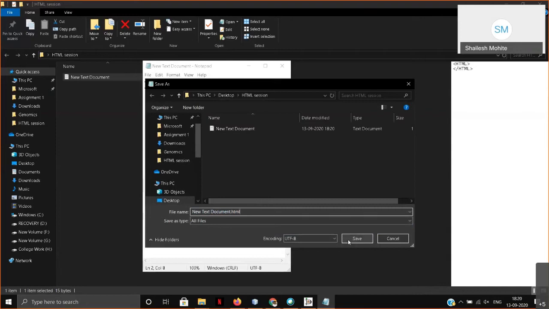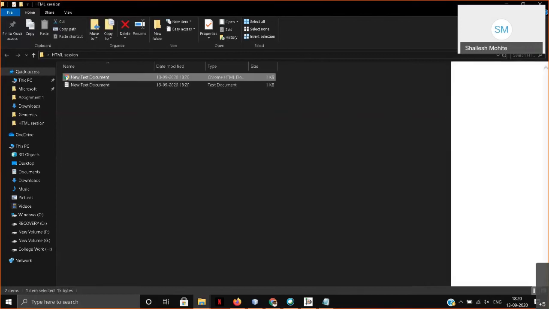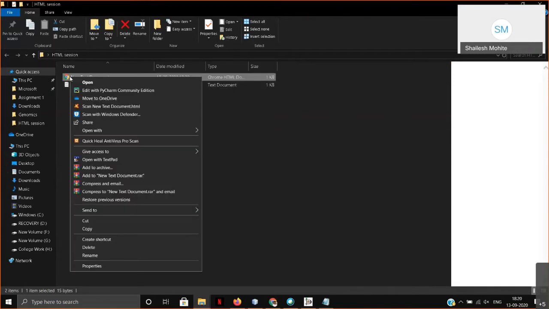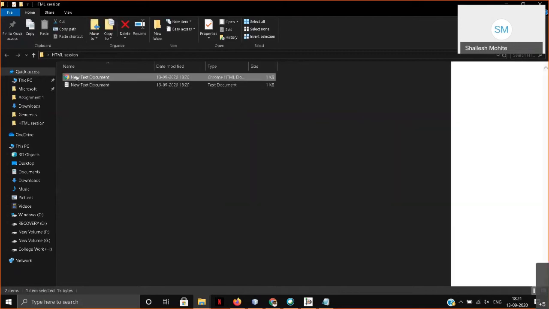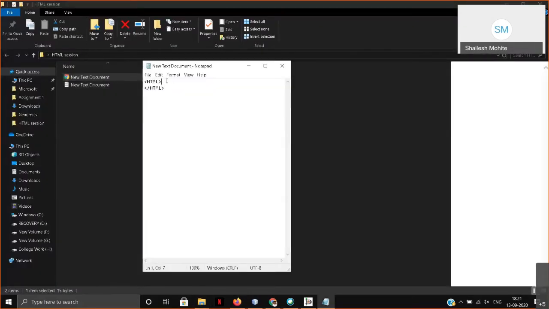So it is going to be saved with the HTML extension, and you can see here that Google Chrome is going to open it. I will suggest you give the priority to Google Chrome as your first web browser, and the second priority to Mozilla Firefox. Some problem is there with my Google Chrome, so I am going to run this with the help of Firefox. Yeah, so it is my empty web page because nothing is written in these HTML tags.